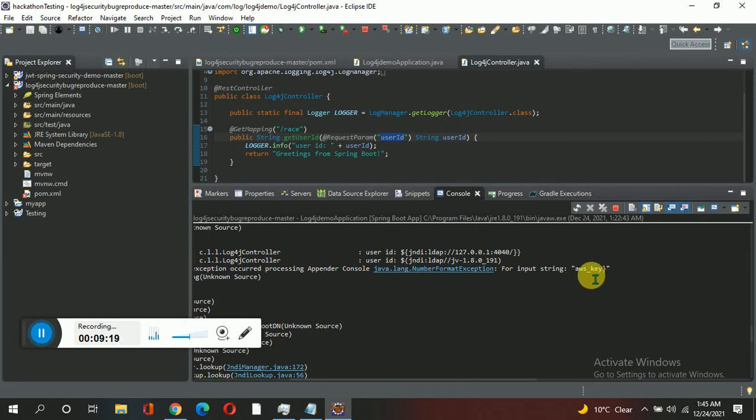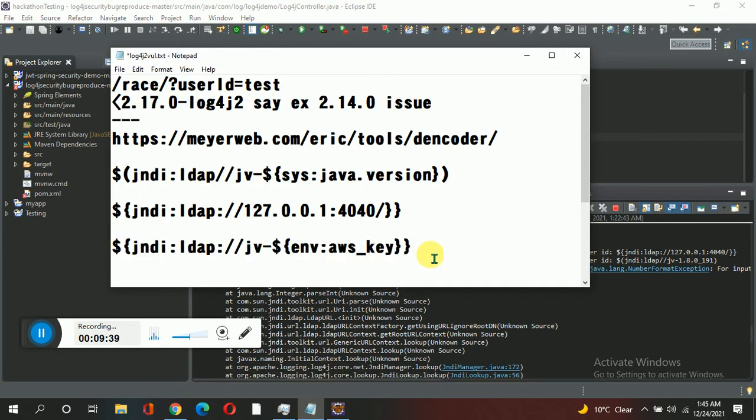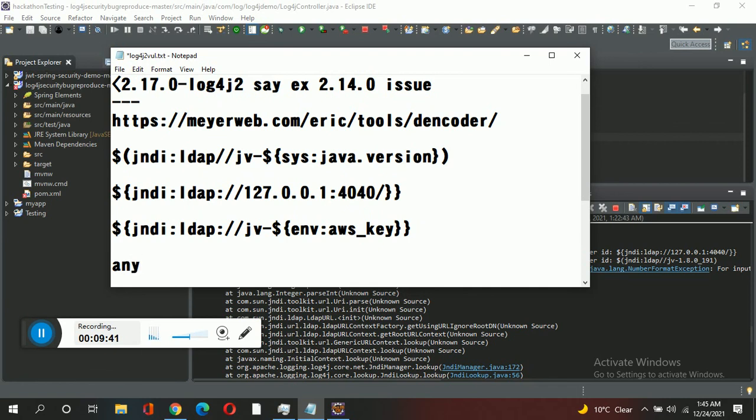What would have happened if some AWS key was there, right? We are just trying to give a dummy thing. If it is there, then we may get it here. So it is a bug. It is a very critical bug. There are not only this, multiple things are there. So basically any information of the client system we can get